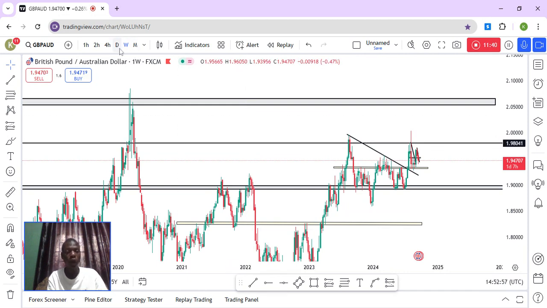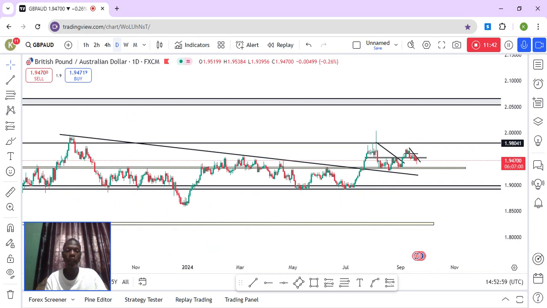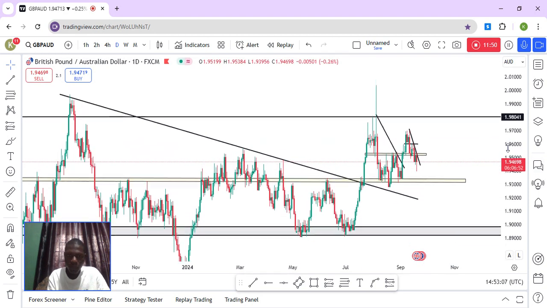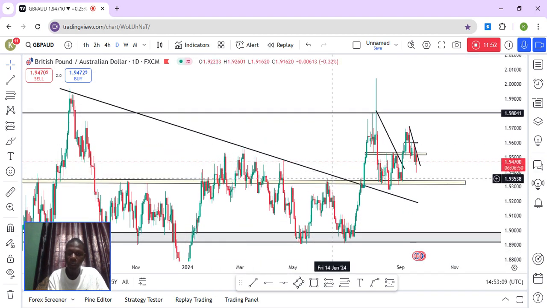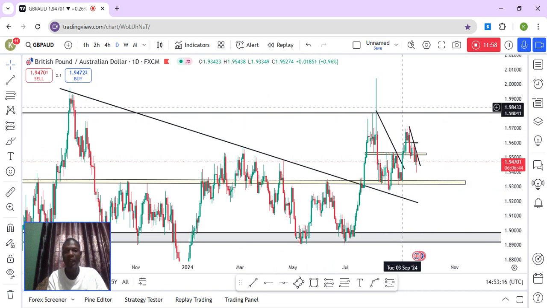But if I go to the monthly and daily time frame, you should still see some nice trading opportunities to make money. So what's happening? If I drop my countdown trend line, you guys can see that there was a break of the countdown trend line. The market came back to retest on it, and one thing is why I'm very, very confident in this trade. Let me take it like this.